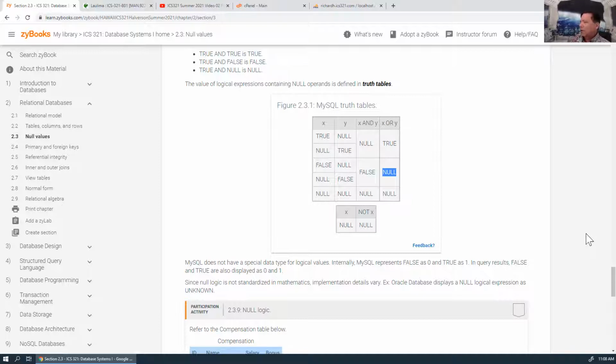You can think of null as being in the middle of true and false. True AND null is null, and true OR null is true. False AND null is false. If they're ORed together, it's null. So anyway,